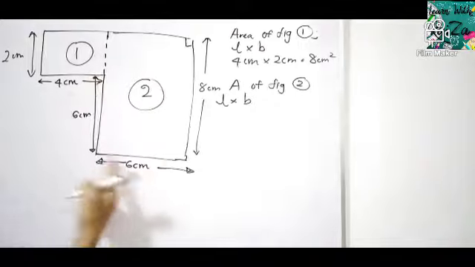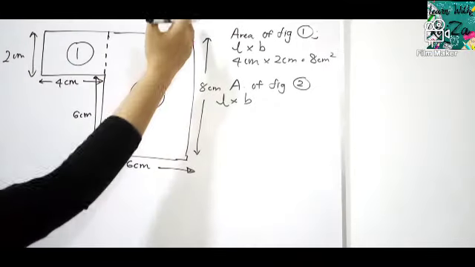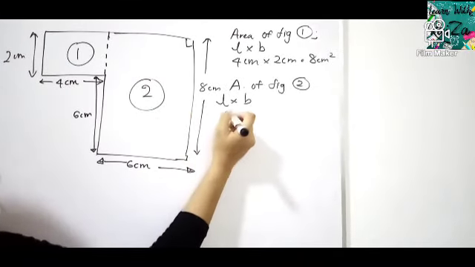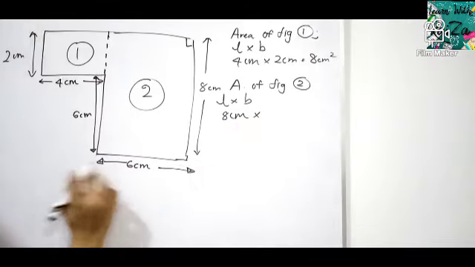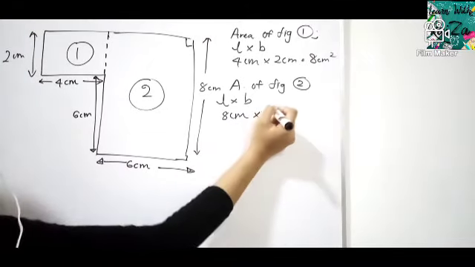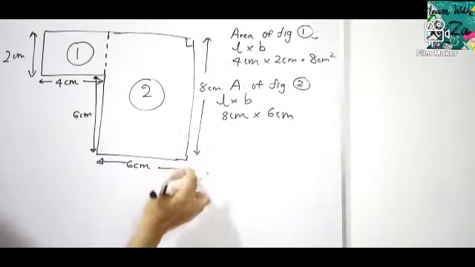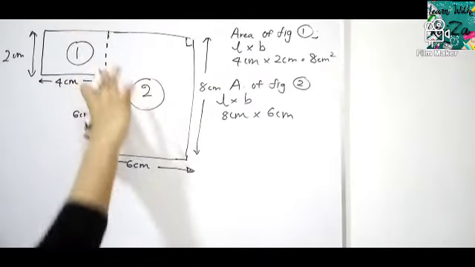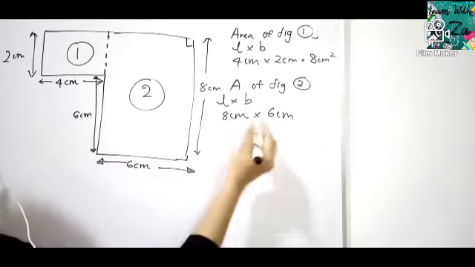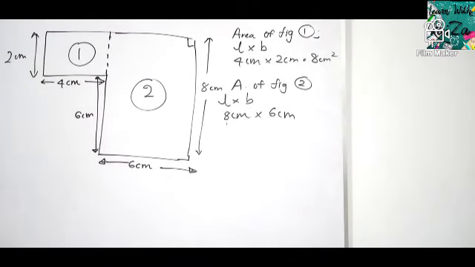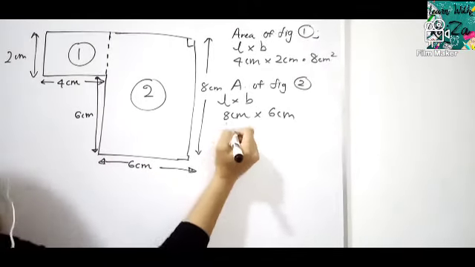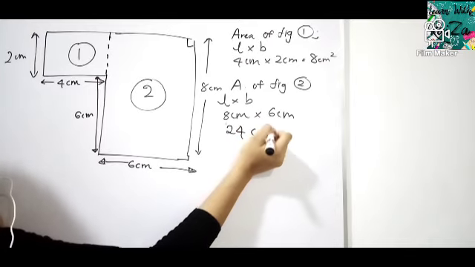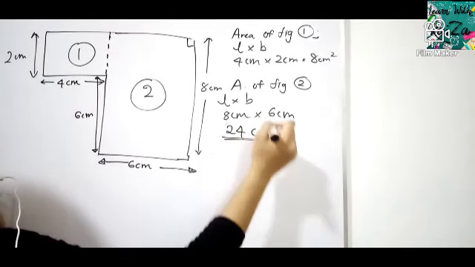So rectangle 2 is this one. What is the length? The longer side, 8 cm. What is the breadth? The shorter side, 6 cm. So you will say that this side is 8 cm, but this side is 6. No, this side is 6 plus 2. So 8. So the equation is correct. 8 times 6. What is 8 times 6? Yes, 24, of course, square centimeters. Since the units are centimeters, we have to take square centimeter.